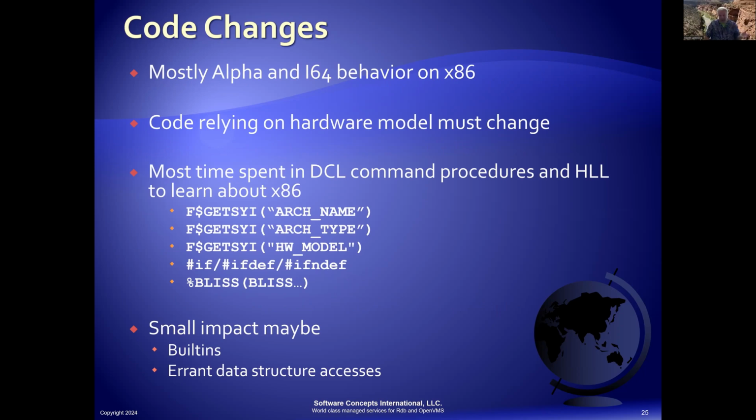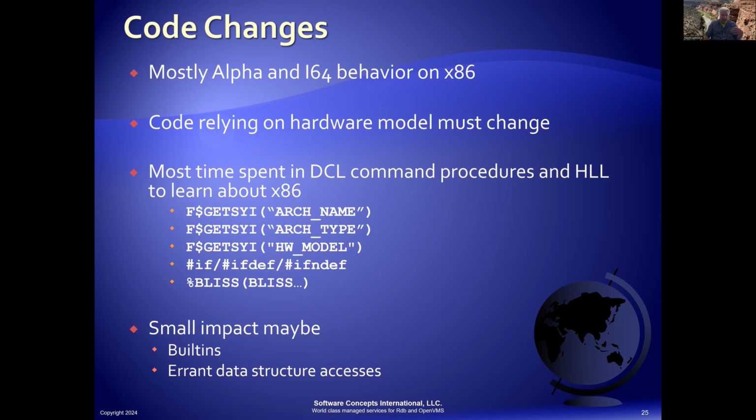Anything that looks at the hardware model, specifically, you're going to have to address. And if I could look back 25 years ago, or 30 years ago, wherever I said, if Alpha, do something else, do the VAX way, I wish that I had seen the future, because I would have said, if not VAX, then do it the new way, else do it the old way,